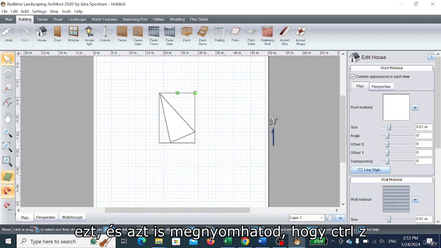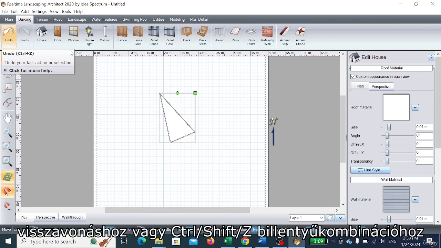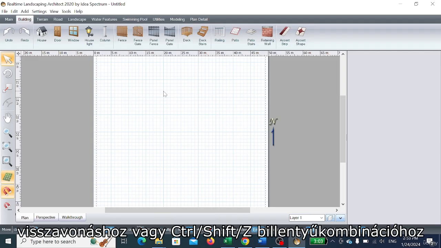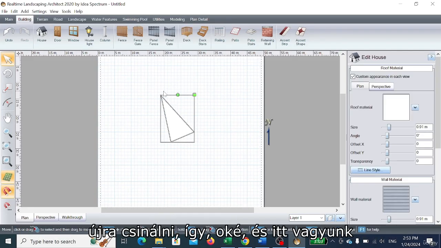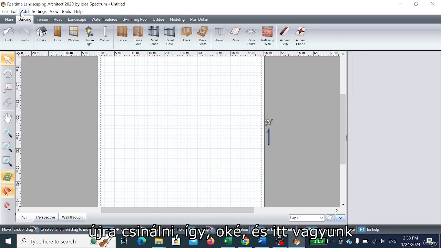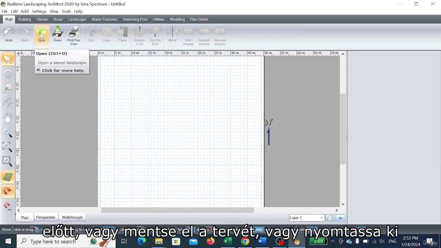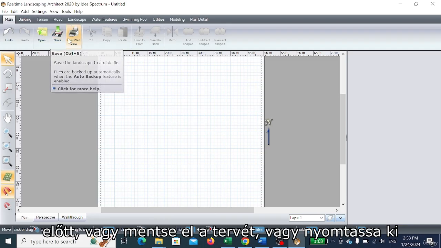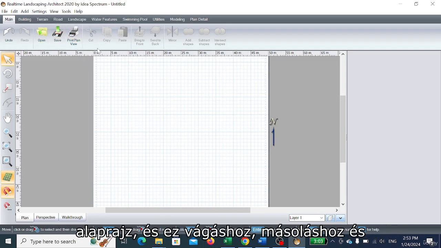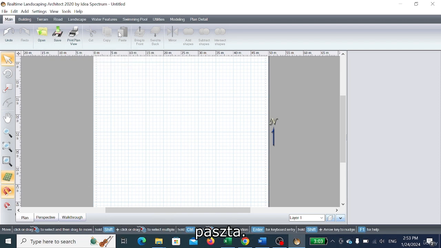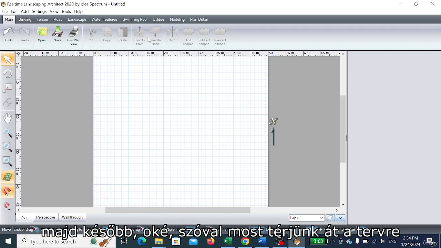And also you can press Ctrl Z to undo or Ctrl Shift Z to redo like this. Okay, and here we can find open file that you saved before, or save your design, or print the plan view, and this for cut, copy and paste. The other tools we will talk about later. Okay,